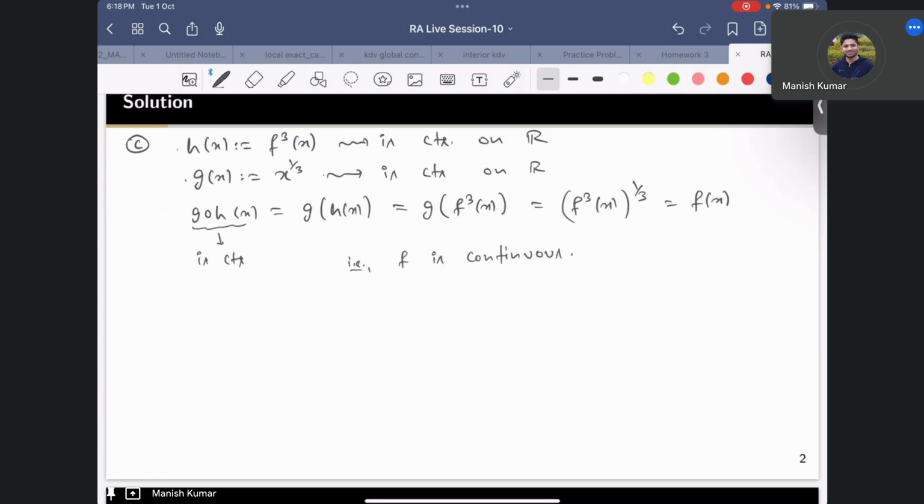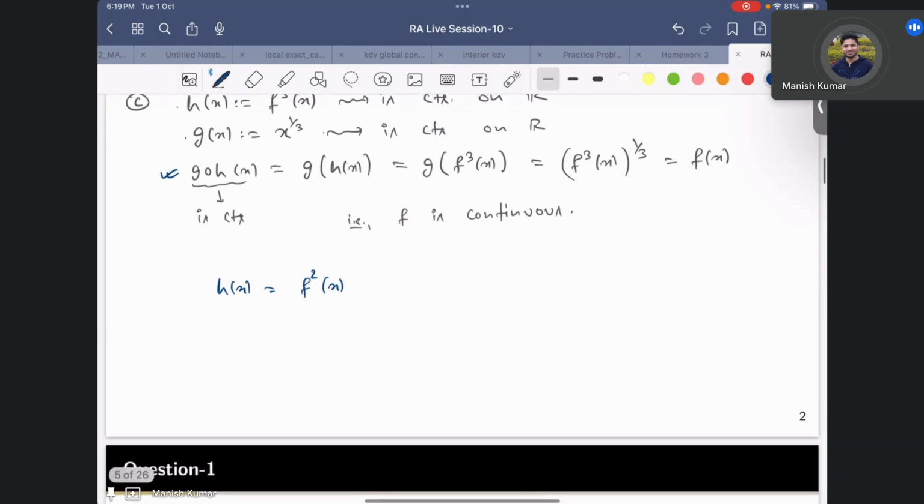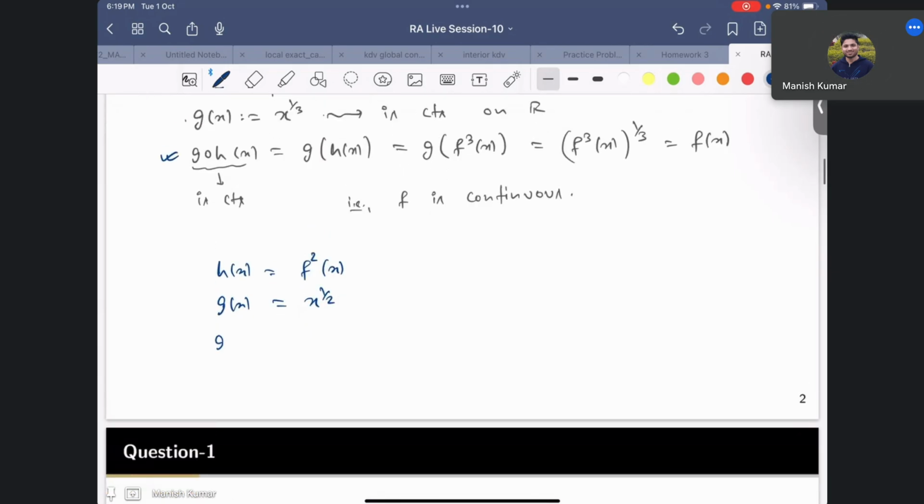Why can't we apply the same proof for f square, sir? Here you can see, maybe I can write one more line. Suppose I copy this, then we have to make sense of this composition, right? Let's say h of x is f square x, and g of x should be x to the half. Now if you try to define g of h of x,